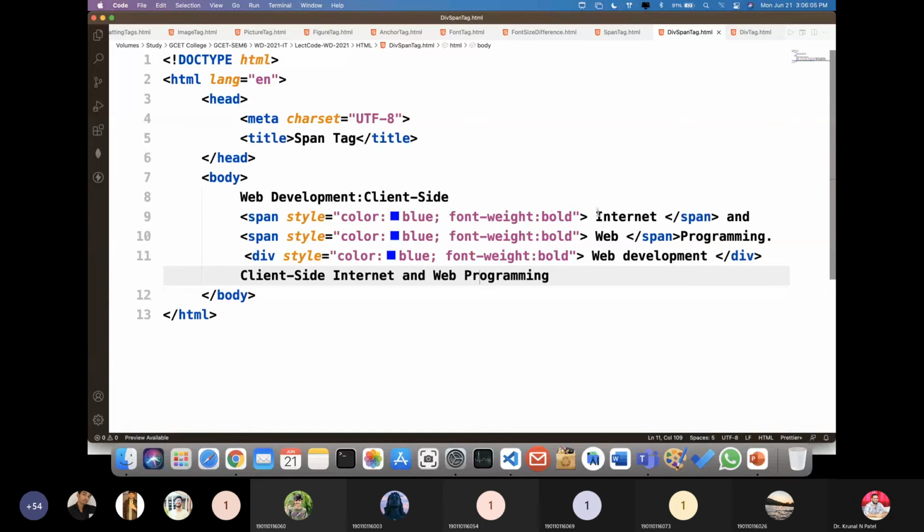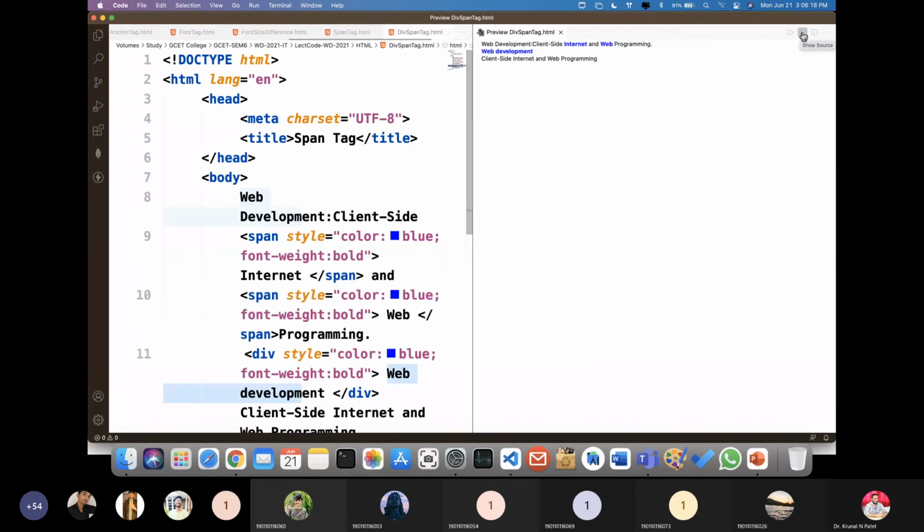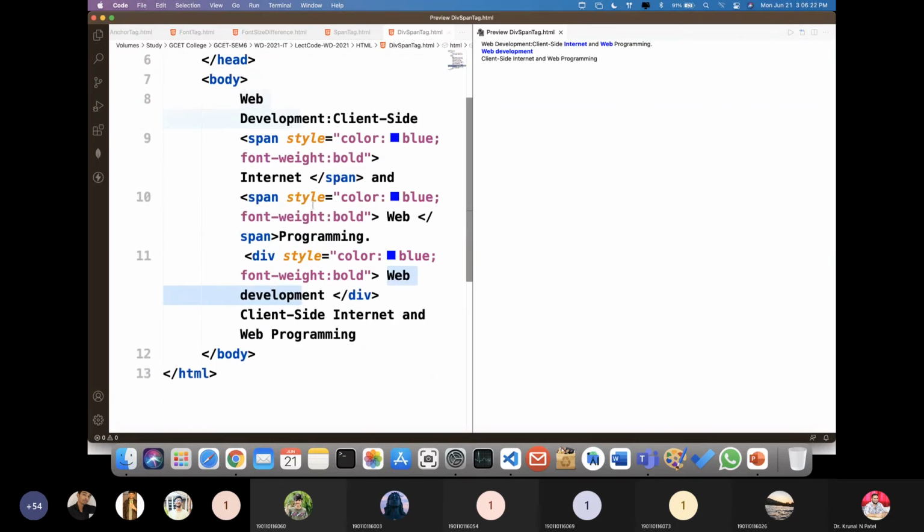So this internet and web will be in blue color. And similarly, here within a division tag, we have a blue color, right? If you see the output of this, then you can just imagine what happened over here. Whatever spans you have written are all written in a single line, see over here.